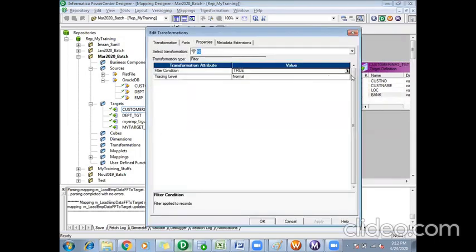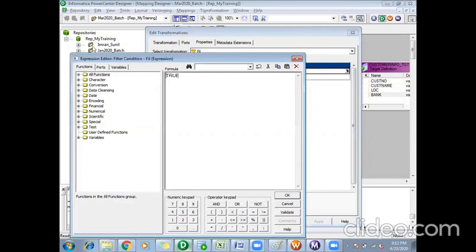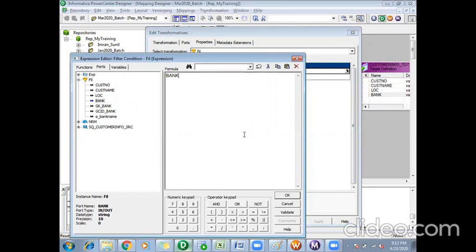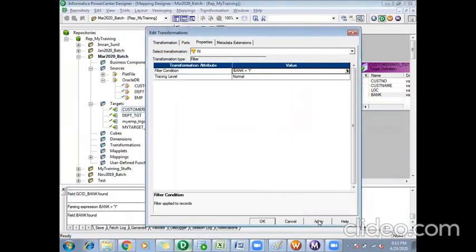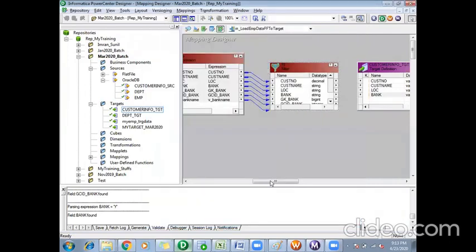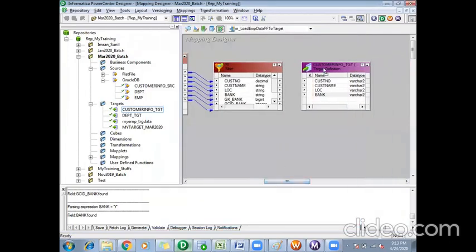In my filter, I know this bank port holds the value YN and so on, and only value Y means the customer is holding the bank account. So I'll say bank equals Y in my filter condition. I'll validate, it's correct. I will apply and say okay. It will filter out the records where bank is not equal to Y.